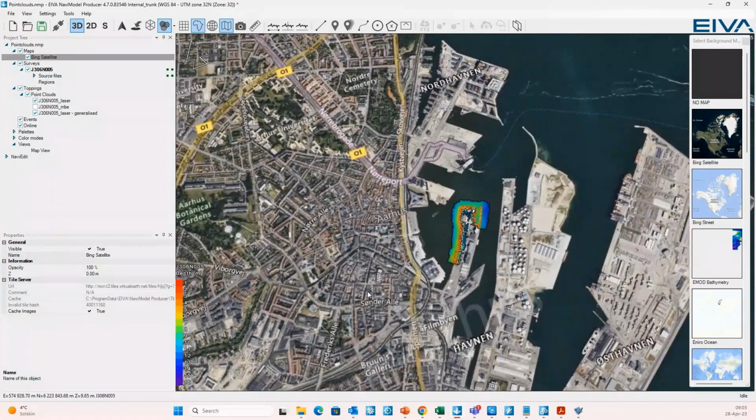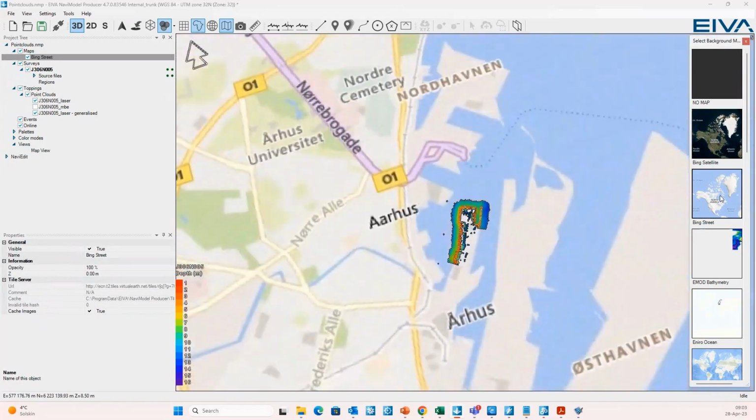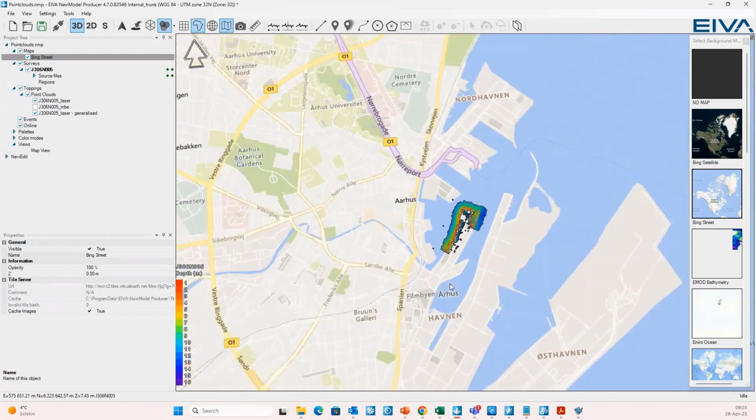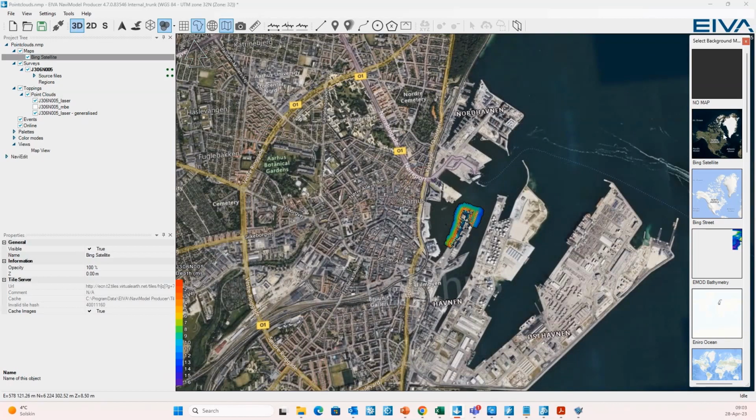You need to have internet access in order to download these tiles from the tile map server. In this case, the Bing Satellite, but it could be anything. It could also be the Bing Street Map here. As you can see, these are predefined. But in theory, you could also have other tile map servers